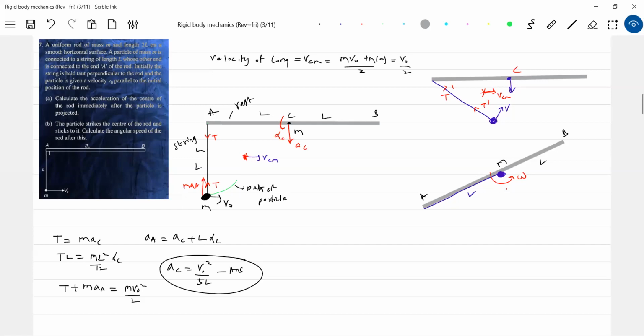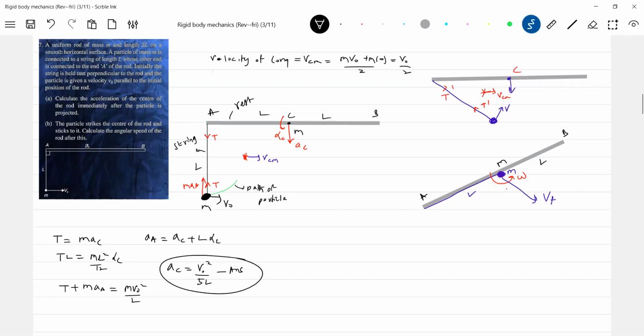Initial angular momentum should be equal to final angular momentum. Finally, this will be moving. It will collide. What is the direction of this? So we'll combine. This will have some velocity. I'm not bothered. The combined rod plus particle will have velocity somewhere in this direction. Let's not bother. Okay, now this was the center of mass of the system. Now when the particle comes and collides, where will the center of mass of the system be? The center of the rod itself.